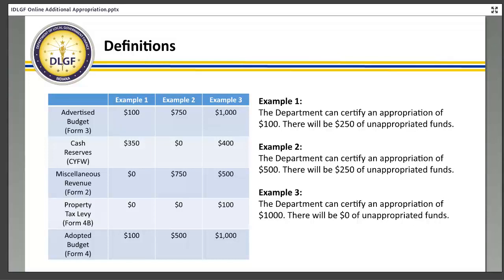We will be taking a look at example 1 a little bit later in the presentation, but while we have this information up, I want to point out that in all 3 of our examples, the units adopted fundable budgets. That is a term you're going to hear a lot from the department during the upcoming year. It's going to be the focus of future webinars and a number of conversations that you'll be having with your local DLGF field rep. Okay.